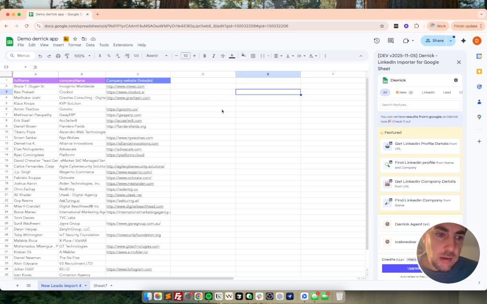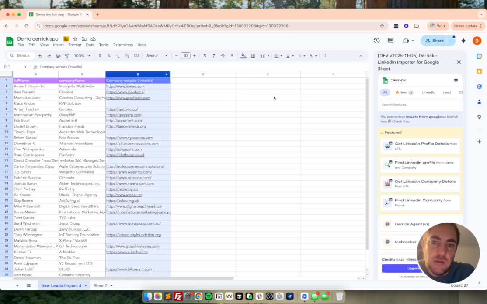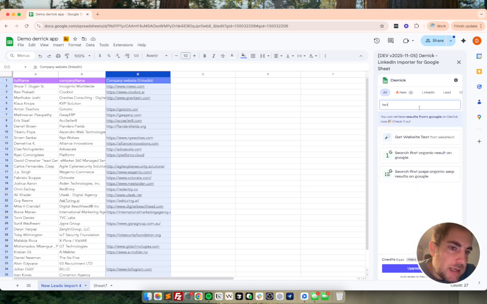So now you have Derrick and you have your column. The only thing you have to do is select the right feature in Derrick. We will try the text feature. As you can see, we have "get website text from website URL" here. It works with a website URL or any URL you have. It doesn't work well for full JavaScript pages, but for most cases